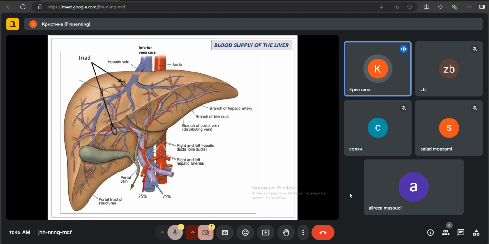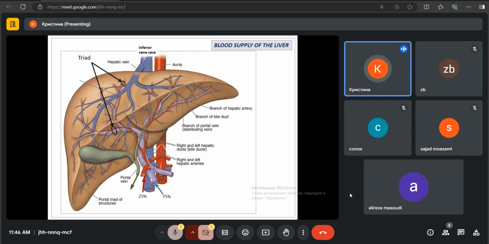It means that everything that was absorbed in our gastrointestinal tract first goes into the liver. This is because of the need to find some toxins and potentially dangerous molecules and substances, and here in liver there will be the detoxification of the